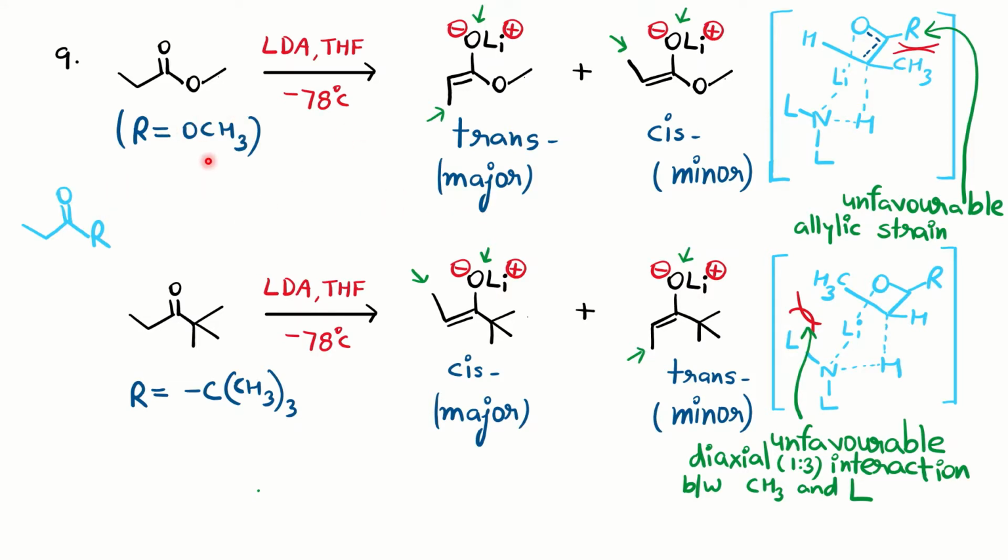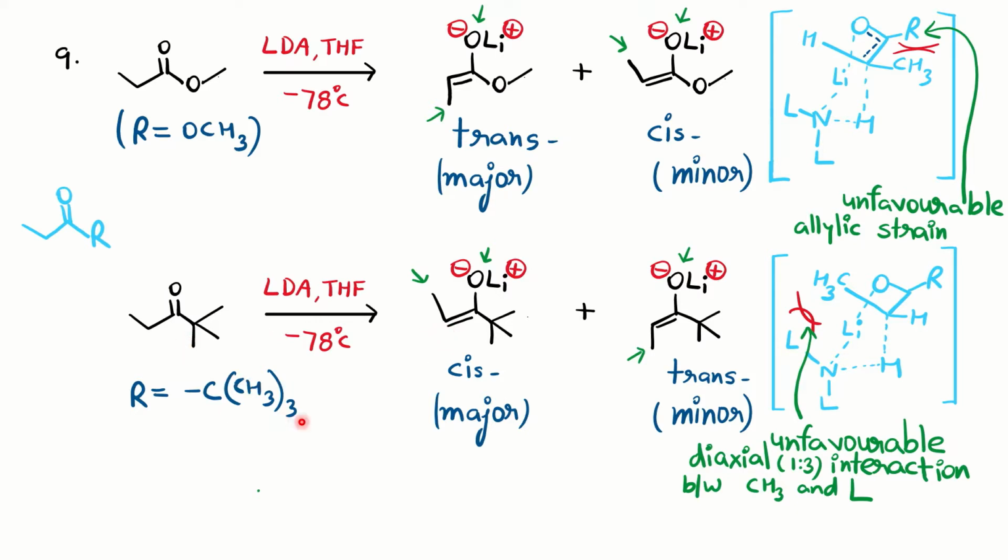that if R is small, the trans is going to be major, and trans with respect to the OLi. Either you can note with respect to OLi, or you can note OCH3, and CH3 can be on the same side because OCH3 is small, right? So trans is going to be major. If they ask trans, then you have to write trans with respect to this. It's not cis. You are not comparing with this OCH3.